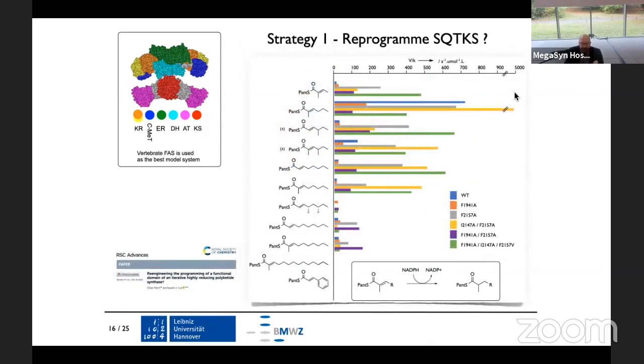All right, there's a lot of data on this slide, so I'll just try to take you through a little bit slowly here. So this is looking at mutations in that enol reductase in vitro. What we've got down here are a slew of different possible substrates, and each different colored bar corresponds to one of those mutant enol reductases that we've set up. And you can see, for example, the wild type is blue here. And so some of the substrates, the diketide, is actually not a great substrate. The triketide is a much better substrate. But what you can really see is as soon as we start making those mutations, we're changing the selectivity of